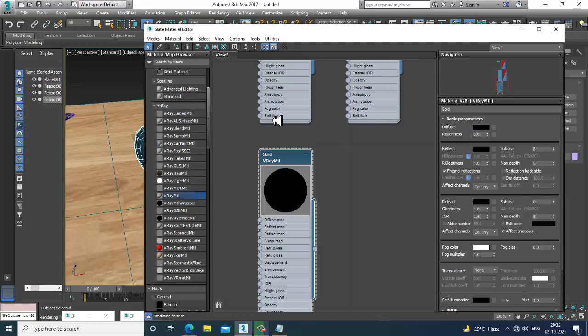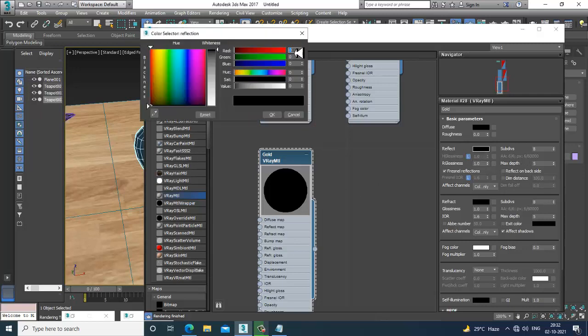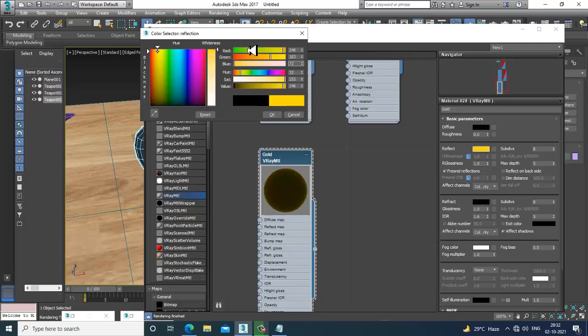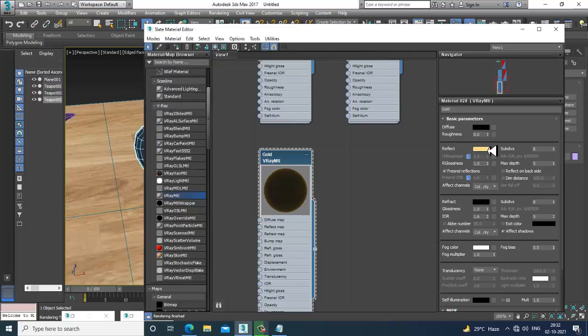After that, let's again go into the reflect, and we'll set some values over here: 246, 180, you can keep it to 180 to 185. Your color values over here. That's it, and let's click OK. Our glossiness, I'm going to keep it as 1.